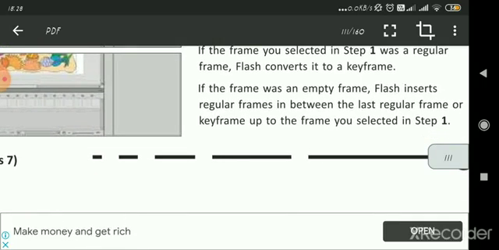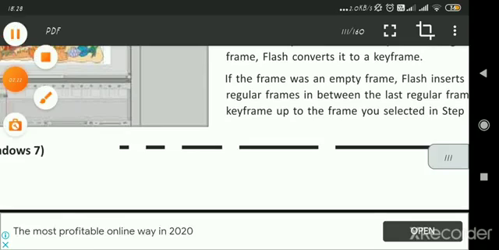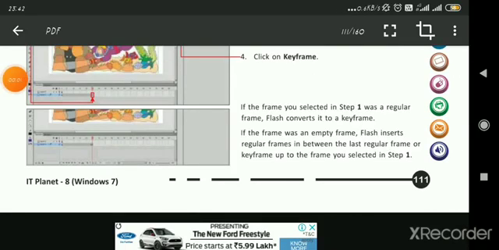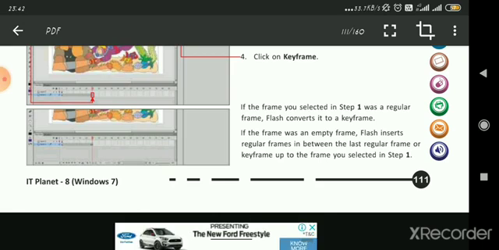And if the frame was an empty frame, Flash inserts regular frames in between the last regular frame or keyframe up to the frame you selected in step 1. So this is the process how you will set a frame.